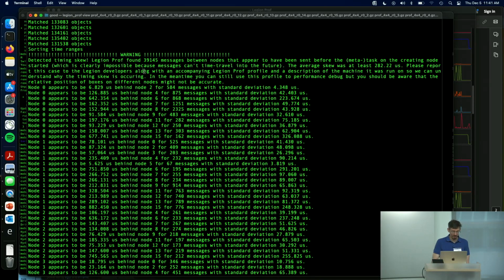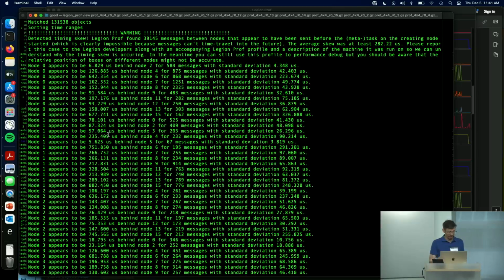Legion Prof will use the messages that it profiled between different nodes to look for this timing skew and see how bad it is. You can see some of these are computing averages for how much skew there seems to be between these different nodes. Effectively, when you get a message that looks like it arrived on a node before it was sent on another node, that's a sign of skew, right? And Legion Prof will check that. I think for the most part you can ignore these as long as they're in the range of about